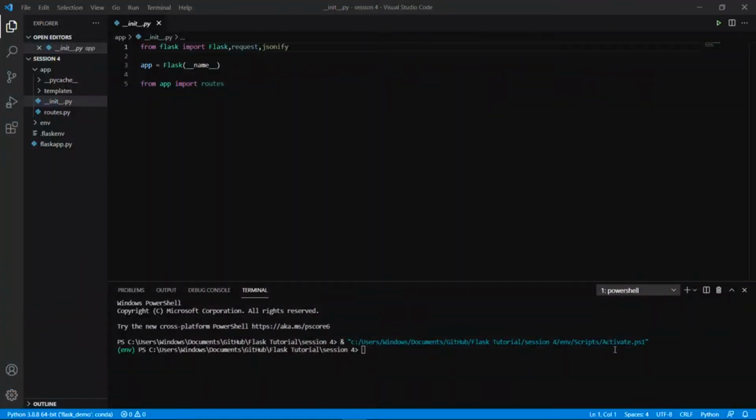So to handle the web forms, we can use Flask WTF extension. Flask has a lot of extensions like this to add more functionality. Flask extensions can be installed like a normal Python package. So let's install this WTF package